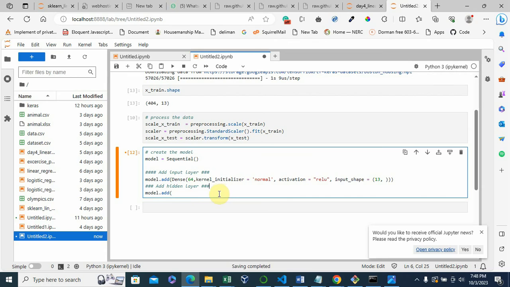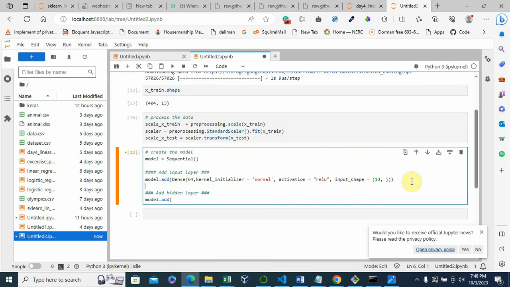So if we had this hidden layer here, pretty much the same way, if you use Dense still, and then we use the same number of neurons, which should be the features or the number of variables that you have in your data.